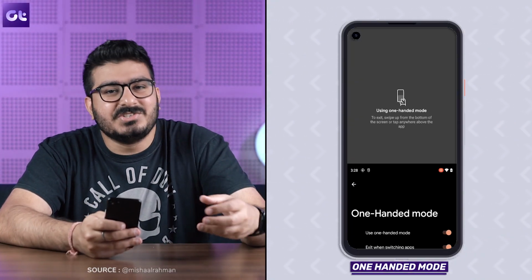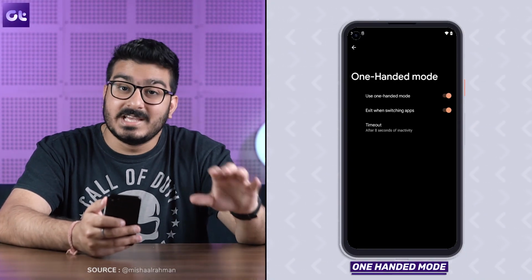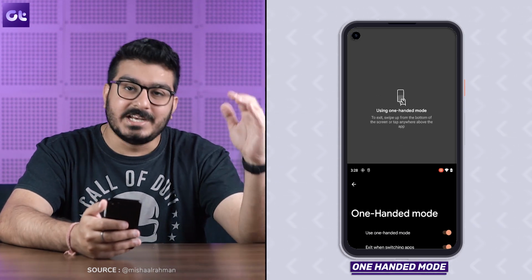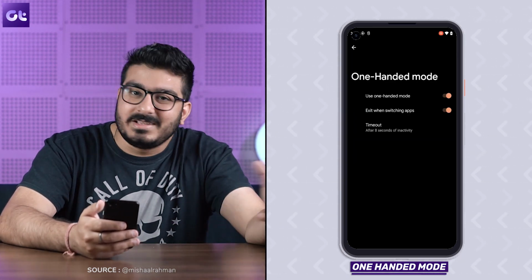Anyway, let's move past that, and adding on to that one-handed usage, we have a dedicated one-handed mode coming with Android 12. Now, I was personally able to just figure out the feature flags and the strings about this. I wasn't able to manually enable it, but we have Mishal Rahman, who is the legendary editor for XDA, and he was able to figure out and get it working as well. So here's how it works, and it is basically similar to iPhone's reachability factor. Basically, half of the screen is pushed down and you can kind of use it.